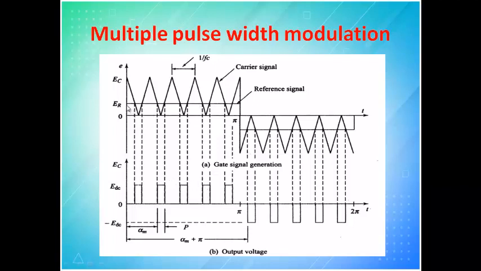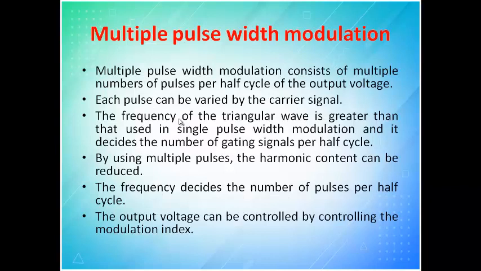Again you can see here, based upon the error I can change the width. So if the error is more, this line will be at this particular instant, then the pulse width will be of this magnitude. So gradually by reducing the error, the pulse width will also reduce. So this is how closed loop is being done. So you can do closed loop with a single pulse, then you can do closed loop with multiple pulses. So in multiple pulse, each pulse can be varied by the carrier.